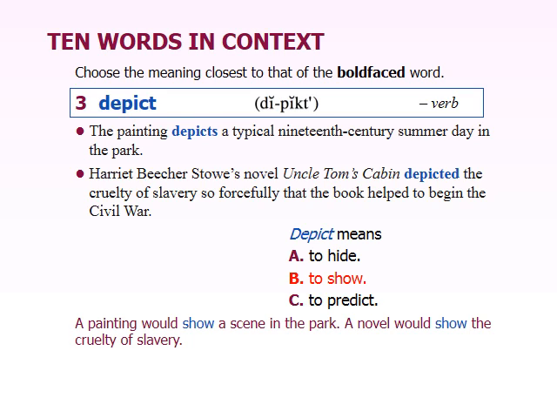Now, the way I always think of this word depict is that it ends in pict, which sounds like picture. So depict is like painting a picture of something, showing a picture of something. And it can literally be a picture, right? A picture can be what we would call a depiction of something, meaning a showing of something. But you can also depict things with words, right? By describing things. So in the second one, this famous novel, Uncle Tom's Cabin, showed to the world how cruel slavery was, or how bad slavery was.